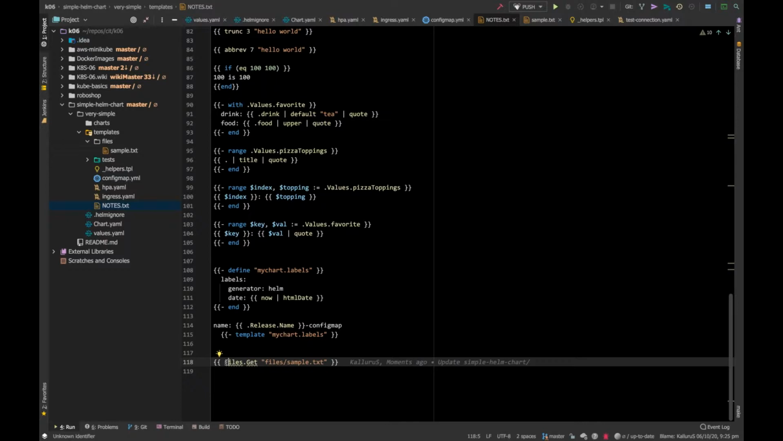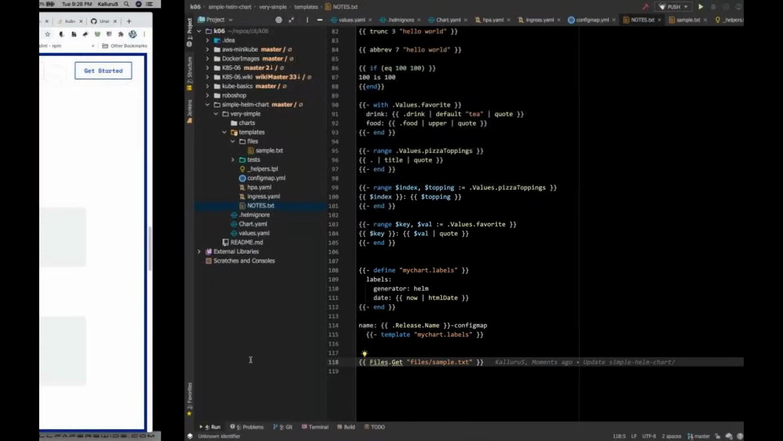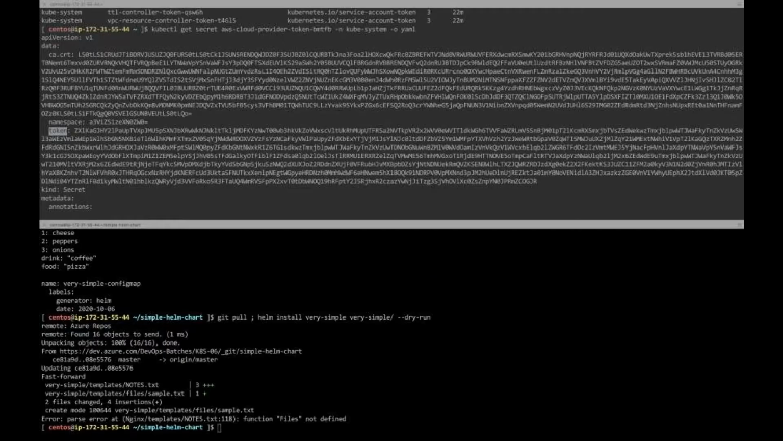Dot files dot get. Yesterday also we're getting the same error, right? So